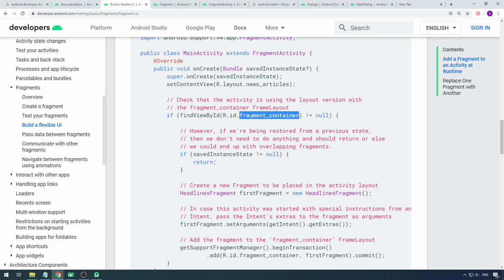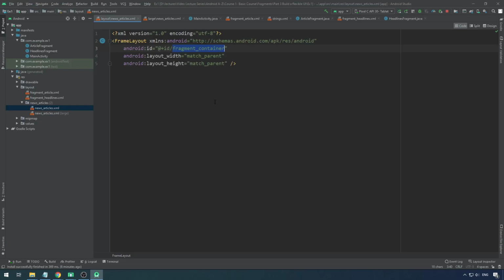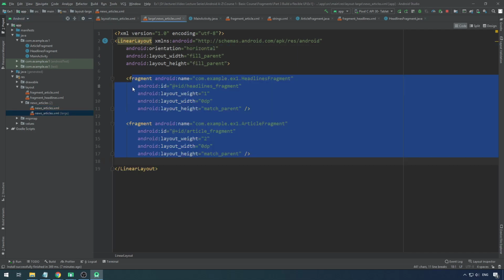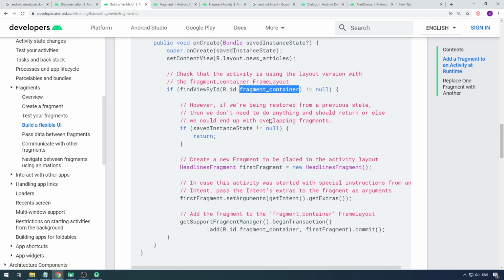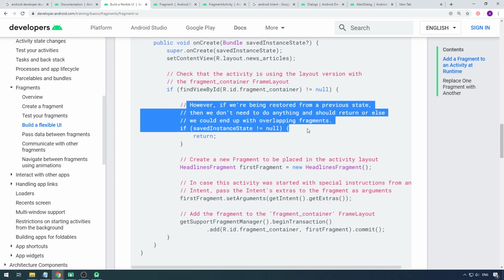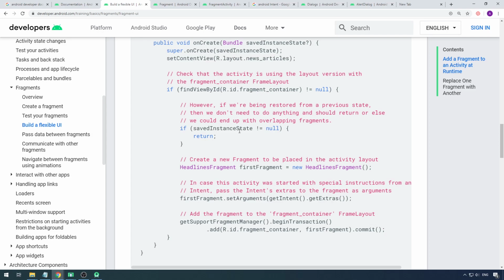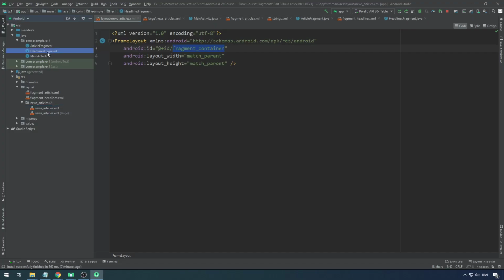You are checking whether you have the fragment container. This means at runtime you are checking whether this is running on a smaller screen, because for smaller screens only it will execute this XML which has the fragment container. For larger screens it executes this XML and it does not have that fragment container here. It has it here. So that's what you are checking at runtime over here, right? So if that fragment container is there, and it's checking whether you are restoring, don't worry a lot about that for now. Then you create the headlines fragment, the first one,